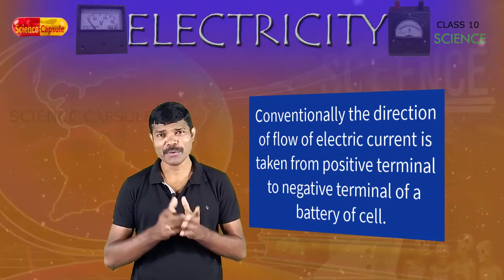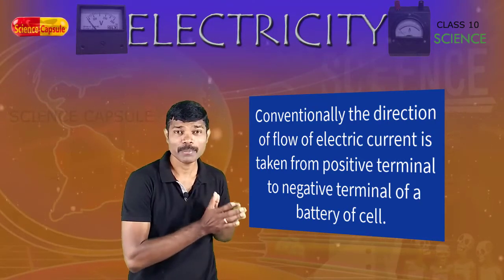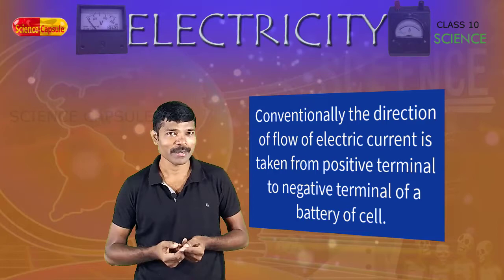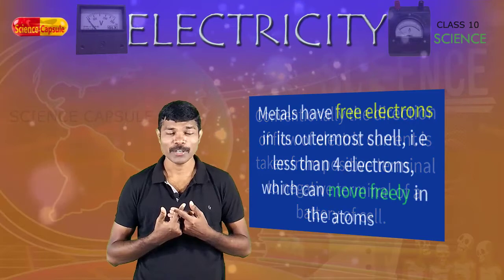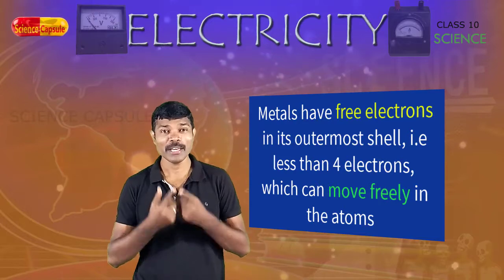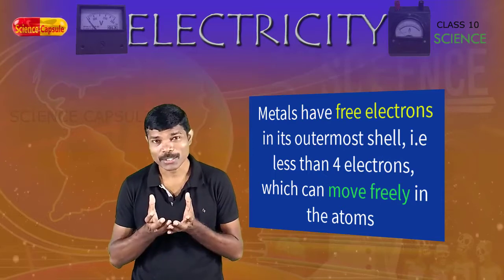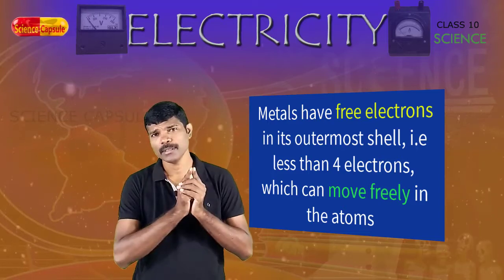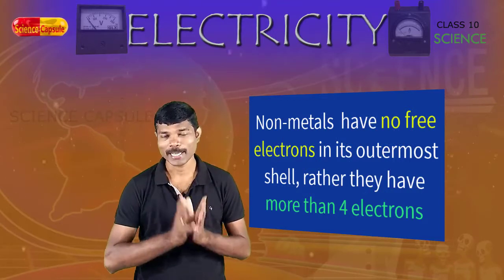Students, you may be wondering, why do only metals conduct electricity? They allow electricity to pass through, whereas plastics, paper, and wood are all considered to be insulators. They do not conduct electricity. Do you know why? Because metals have a lot of free electrons. If you see the electronic configuration of metals, you will find that in the outermost shell there are some free electrons. These electrons are responsible for moving in a conductor, whereas non-metals, plastics, woods, paper and all do not have free electrons.